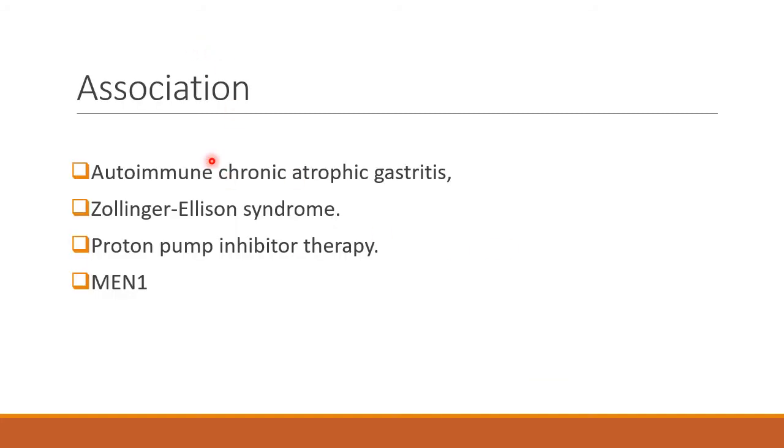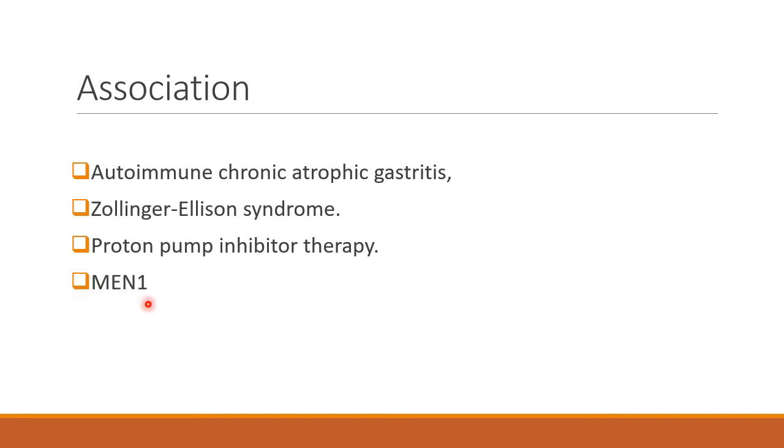These carcinoid tumors are associated with autoimmune chronic atrophic gastritis, Zollinger-Ellison syndrome, and proton pump inhibitor therapy, because all these three conditions ultimately lead to reduced acid production and increased gastrin production, causing hypergastrinemia and simultaneously endocrine cell hyperplasia as a protective physiological response, and that ultimately leads to the carcinoid tumor.